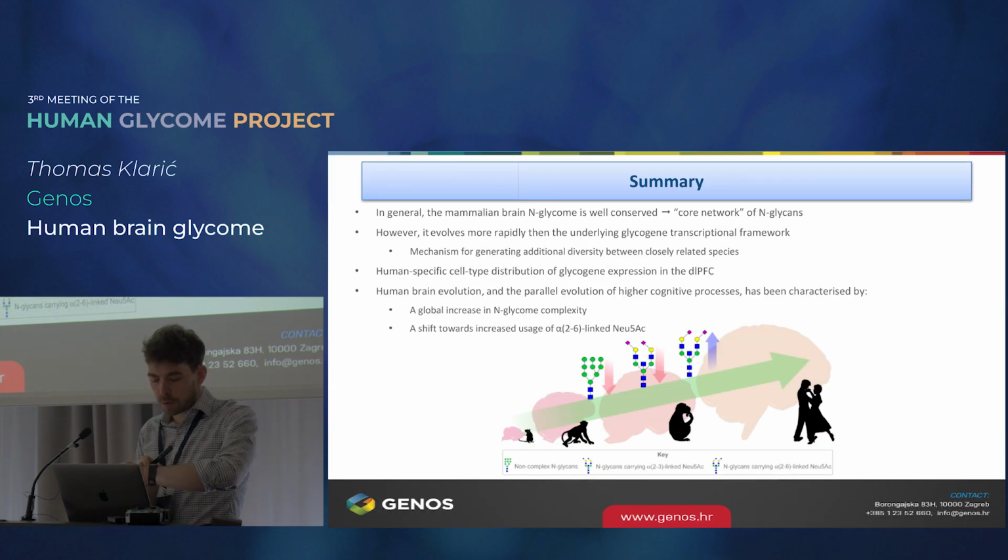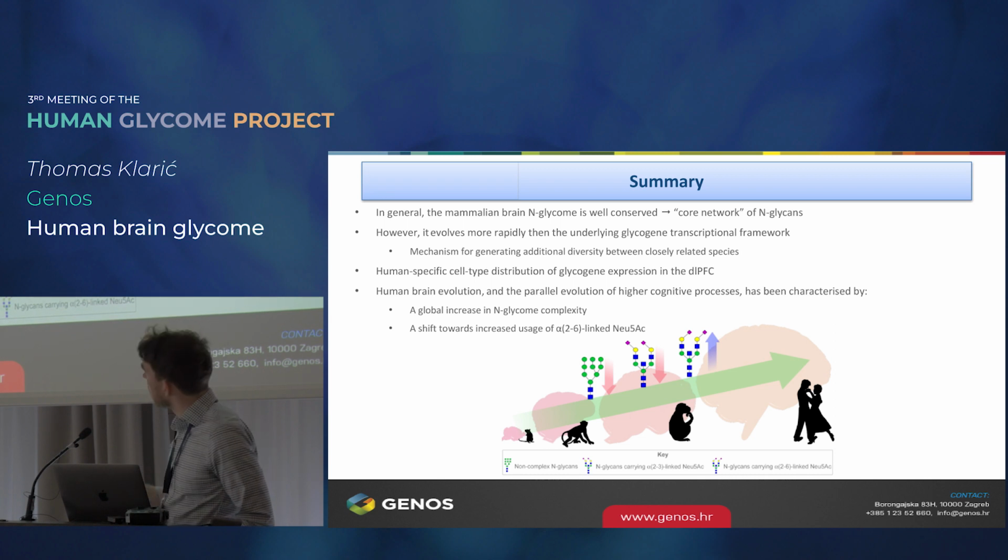So that brings me to the end of my talk. Just to quickly summarize, what have we learned about the brain N-glycome? Well, in general, the mammalian brain N-glycome is very well conserved. We've even identified now a core network of N-glycans. And having said that, even though it is well conserved, it does evolve more rapidly than the expression of the underlying glycogenes. We found human-specific cell-type distribution of glycogene expression,